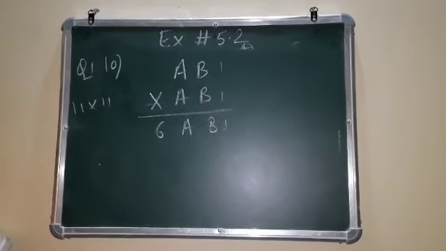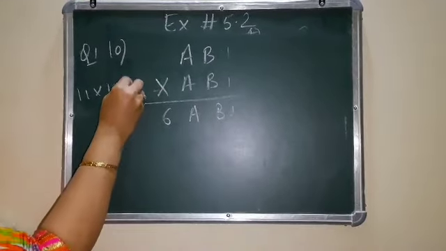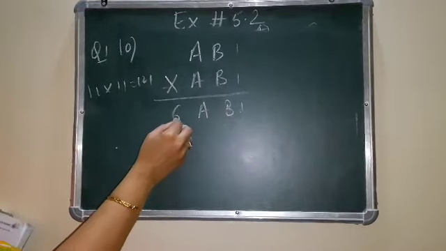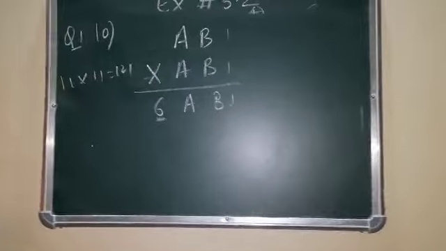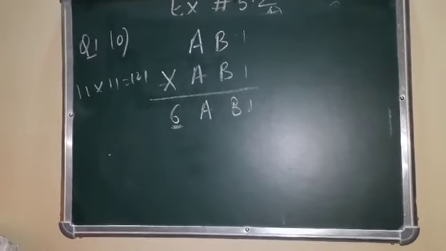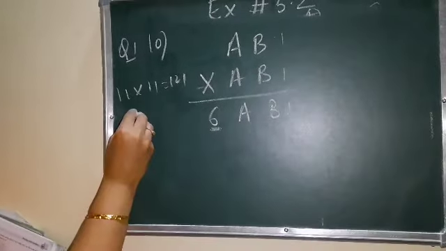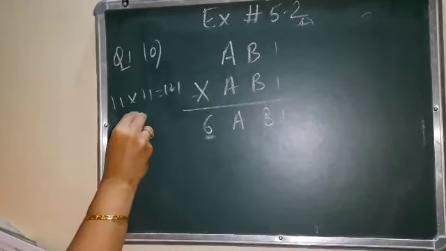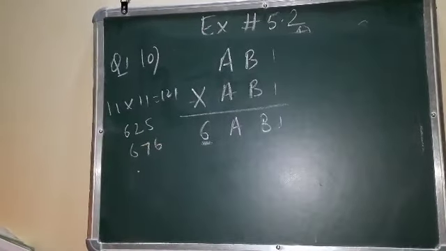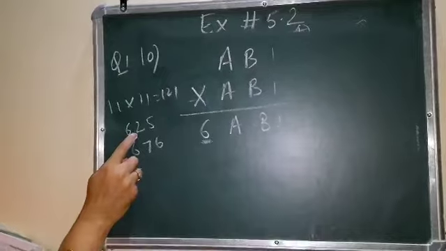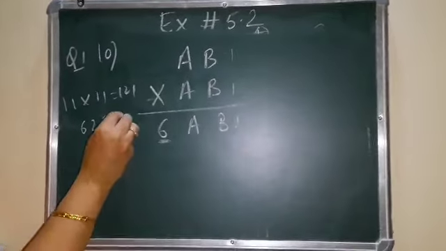Now this particular question, because same numbers are to be multiplied. 11 11s are 121. We cannot. We should have the number which has a perfect square from 6. Now look for the perfect squares of 6. Perfect squares which start from 6. It is 3-digit number. It can be 625 or 676, because 25 square is 625 and 26 square is 676, right? So these two can be there.